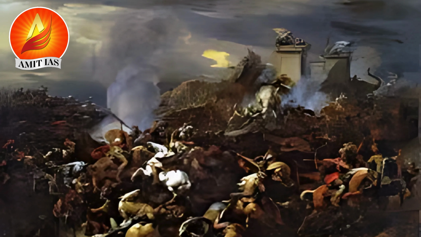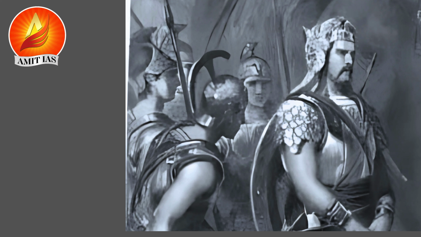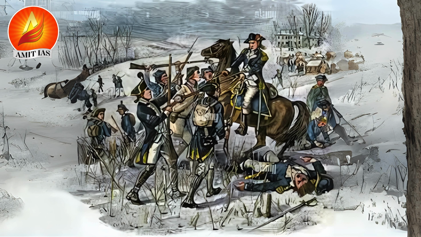First, Battle of Hydaspes. In 326 BCE, Alexander crossed the Hindu Kush mountains and entered India through Khyber Pass. The major battle was fought on the banks of the river Hydaspes, which is known today as Jhelum, against King Porus of the Paurva kingdom. Although Porus resisted fiercely, Alexander won the battle. However, impressed by Porus' courage and nobility, Alexander reinstated him as a subordinate ruler of his own kingdom and even gave him additional territories.